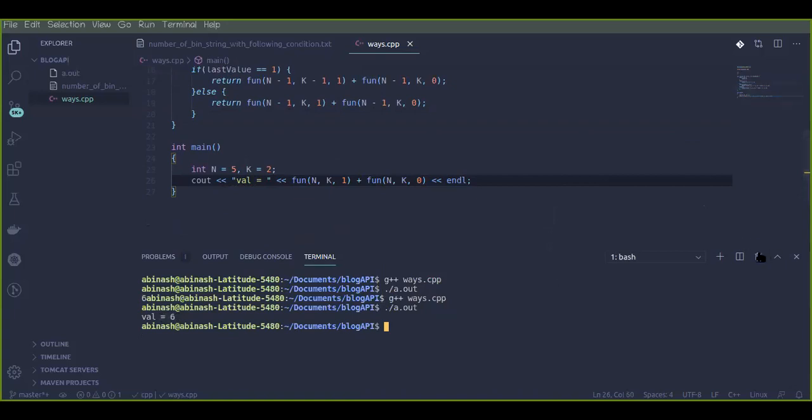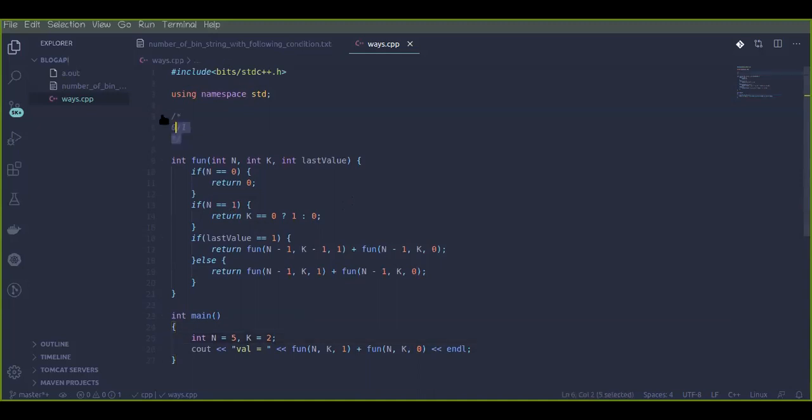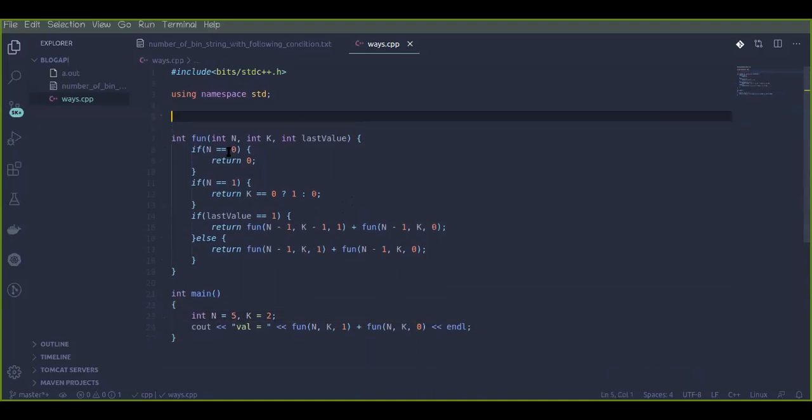Cool. So now this will not work for n equal to 100 and k equal to 100, because it will take 2 raised to 100, which is a very big value. So it will not work. It will give me a time limit exceeded, not a segmentation fault. So that is why we will use something. Okay, what will that something be? See, we are dealing with 3 values, isn't it?